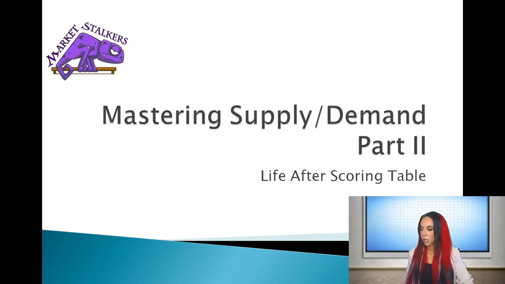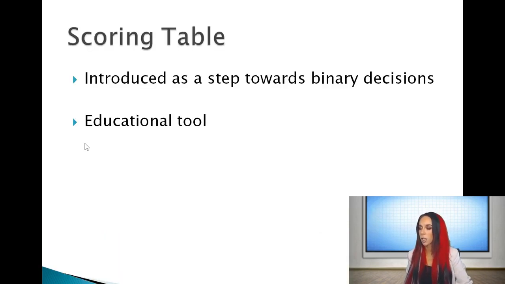Let me begin by saying that the scoring table from the first part, or the first section of Mastering Supply and Demand, is an educational tool first and foremost. Now, once it becomes second nature for you to look for possible issues when it comes to the opposing zones and higher time frames, all of the stuff that you have in the scoring table, such as making sure that the arrival is clean, that there is sufficient space between your entry and your intended target, and all of that good stuff,